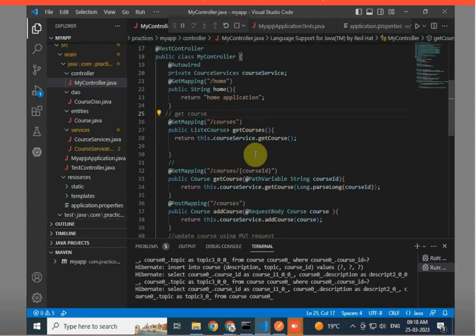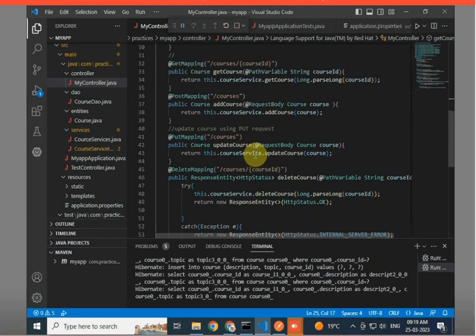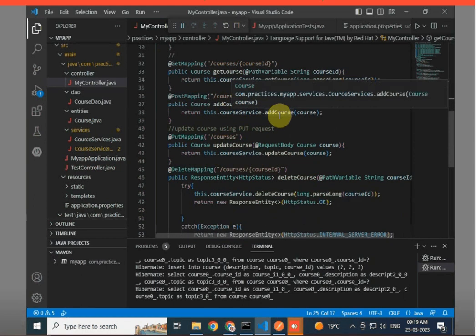The second getCourse method handles the GET request to /courses/specific ID and returns a single course with a specific ID that is passed as a path variable. The addCourse method handles the POST request to /courses and accepts a JSON payload in the request body to create a new course.